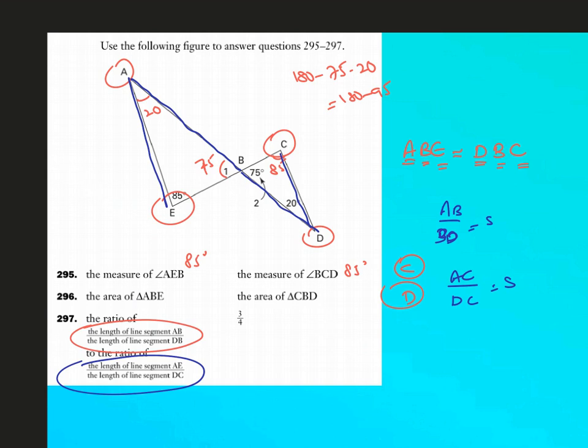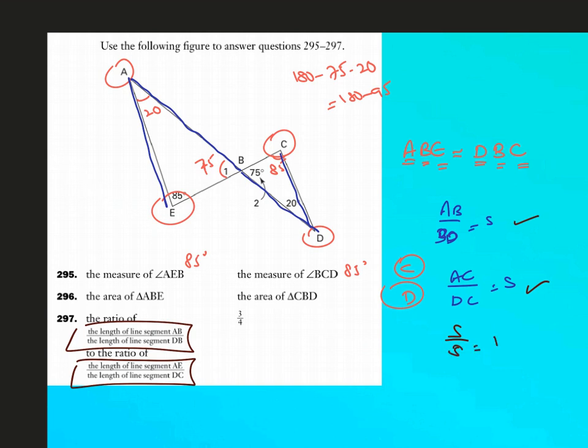Now in this question, what they're asking us to find is the ratio of the two ratios. This is the first ratio. This is the second ratio. They're asking us to find the ratio of these two, which is the ratio of S is to S, which we know is 1. So you're actually comparing 1 to 3 by 4. And therefore, it's A.